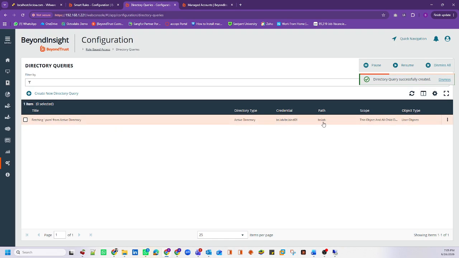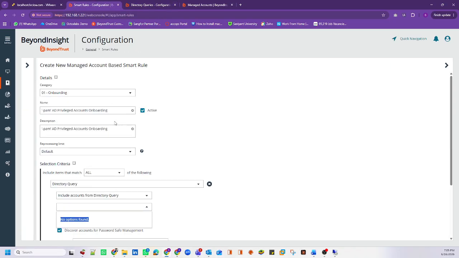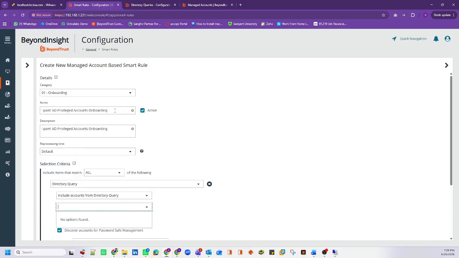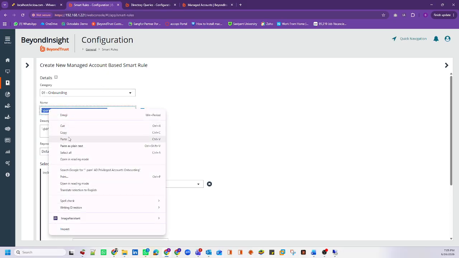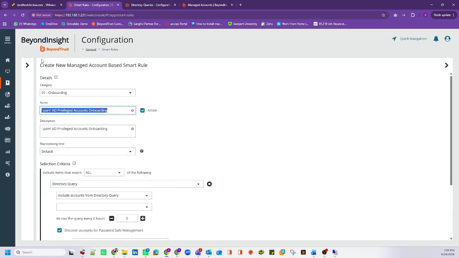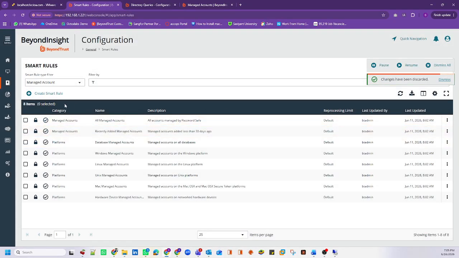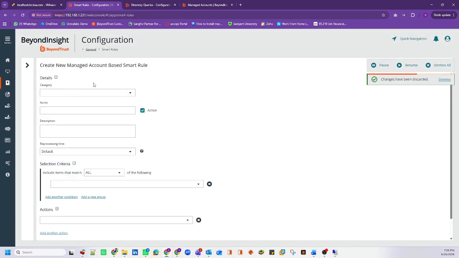Now this is the query that we created, and we can use this query for performing actions of the smart tool. Okay, it's up to you. You can see it's not reflecting right now because it needs some kind of page refresh. I'll just copy the name of this smart tool page and close this without saving. Okay, we'll start from scratch with a new smart tool,